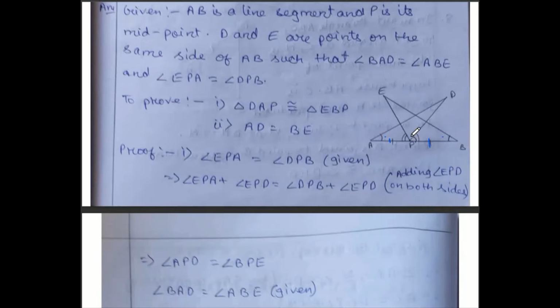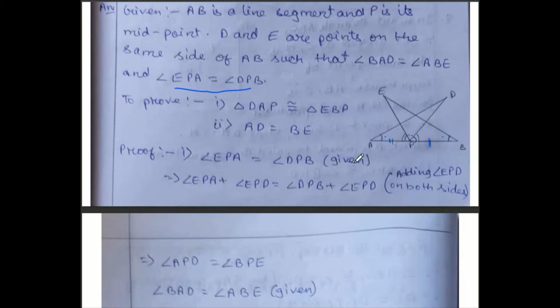So with these equal parts, if we add this small portion, you can see, then this plus this can give me this angle APD and this one plus this one can give me the angle BPE. Because my triangles are DAP and EBP, this full angle and this full angle both are needed. So number 1, while proving, first you take this given material, angle EPA and DPB, both are given already. These two angles are already given equal.